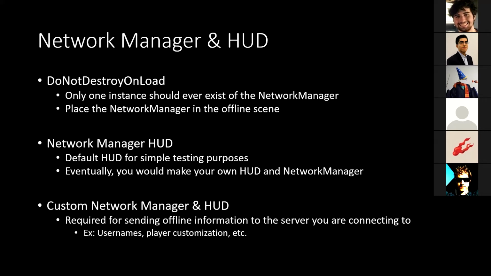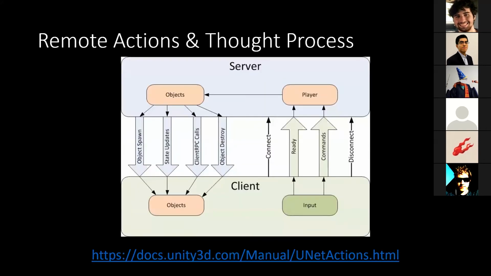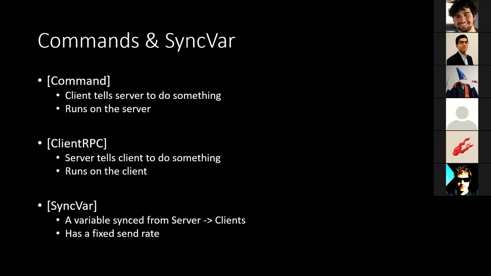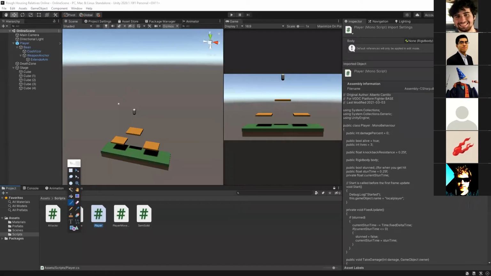Yeah. What else? And that's it. Those are basically the only things we need to have this networking working. Any questions on that? You can always Google this stuff. Google will be very helpful. The documentation for Mirror has some nice guides on how to use a lot of these things, and examples.